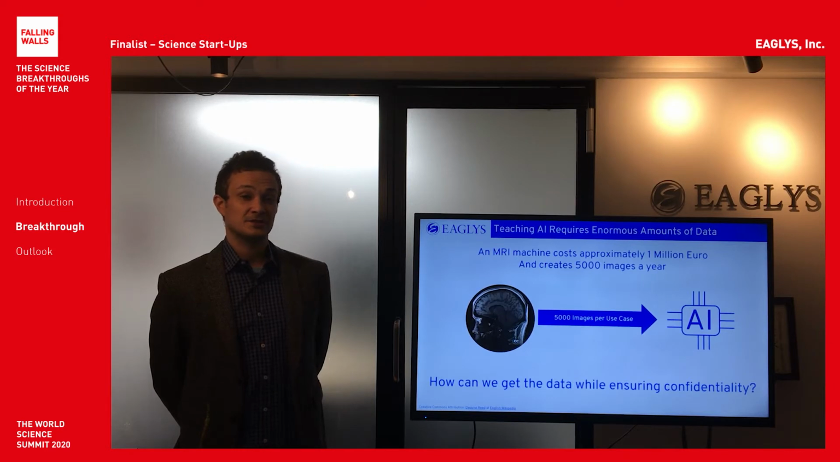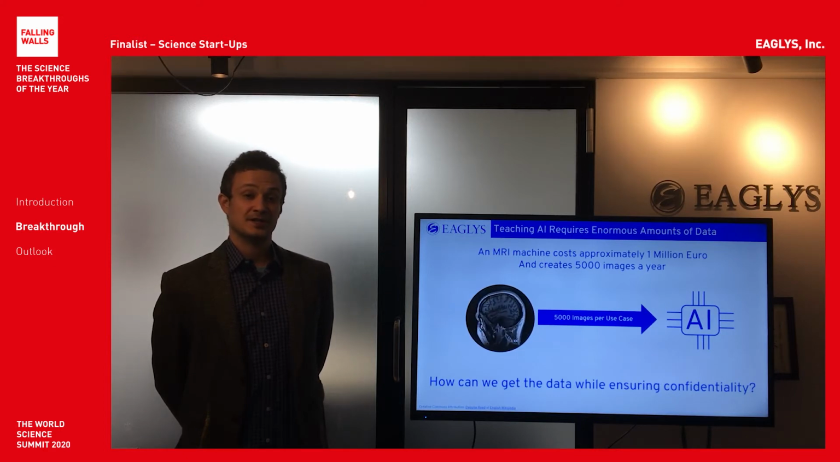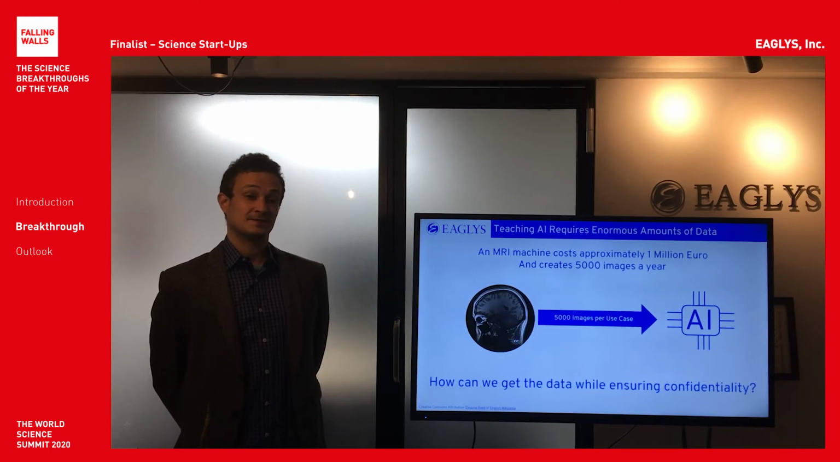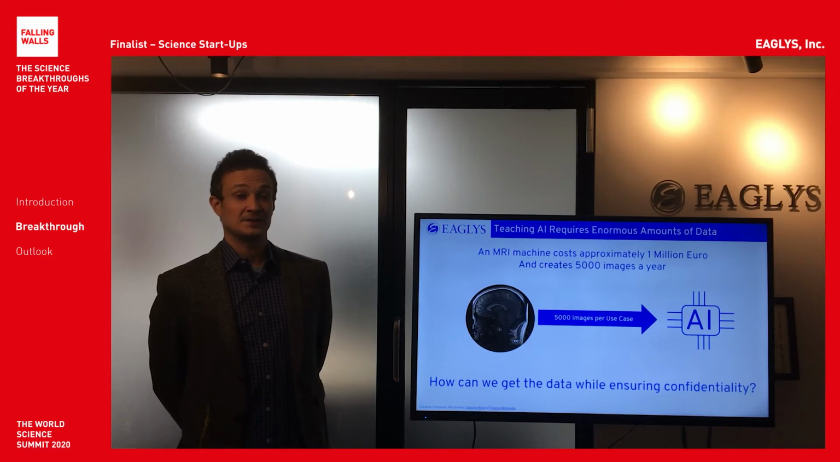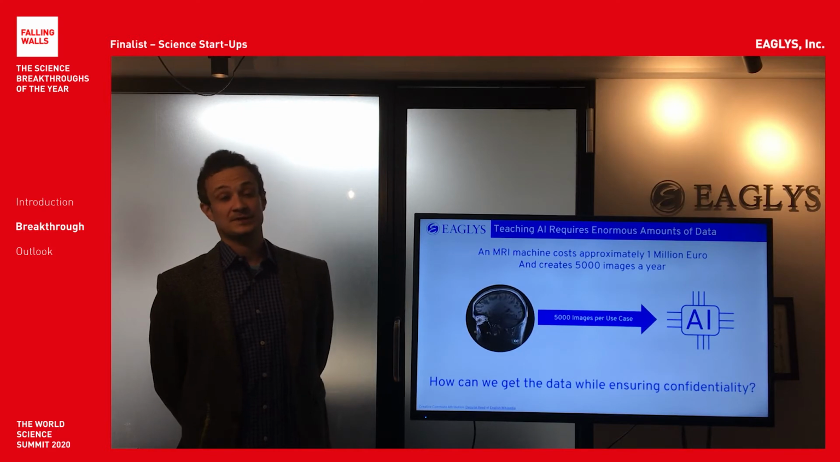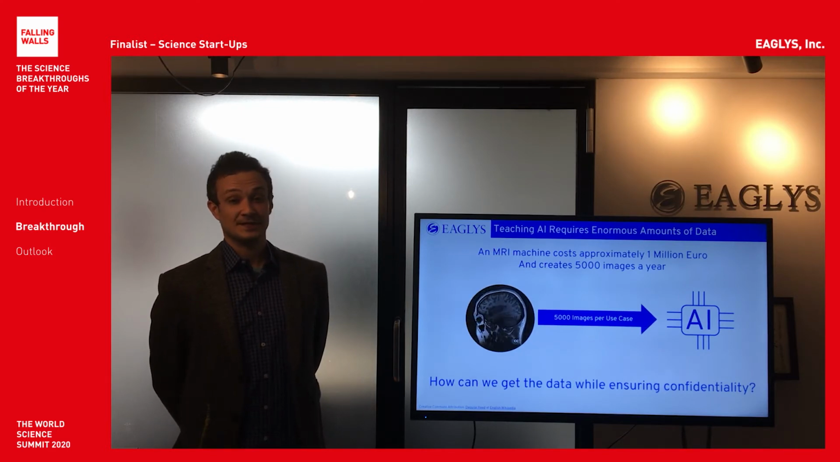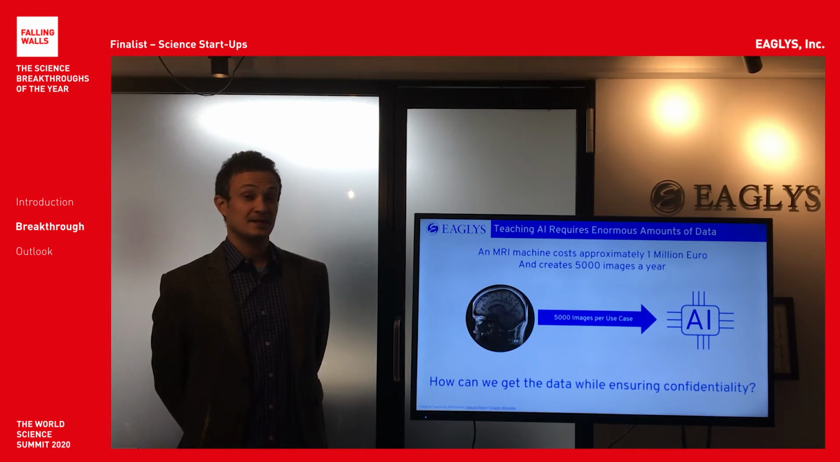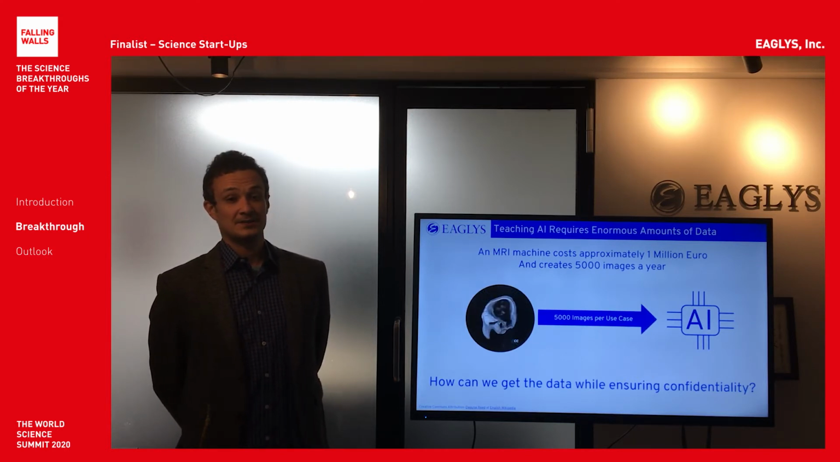Multiplying that information times the amount of different diseases or different areas that a problem might appear creates quite a large data set. Given the fact that a single MRI machine produces approximately 5,000 images per year and costs approximately €1 million to purchase, it becomes quite impossible for a single organization to train these AI models to detect these issues within these image sets. So how do we get enough data into these AI models to actually be able to figure out what the